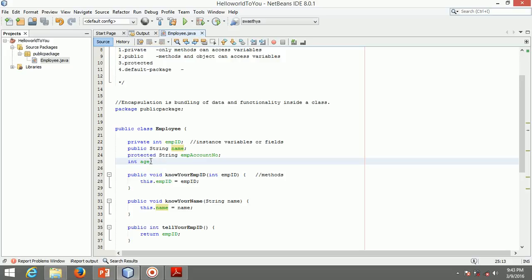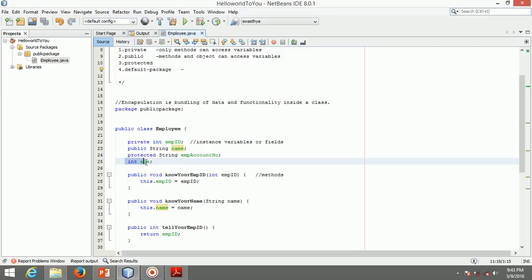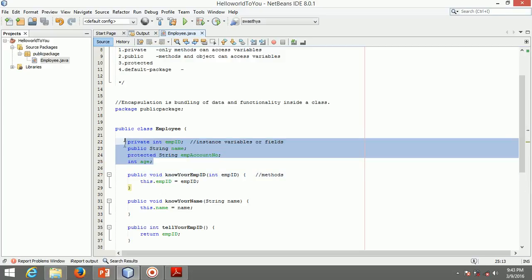When a variable is in default package mode, it is only accessible by the classes inside the package. The package in which the class is defined that contains these type of variables can only be accessed from the same package. Let's demonstrate a program to understand better.